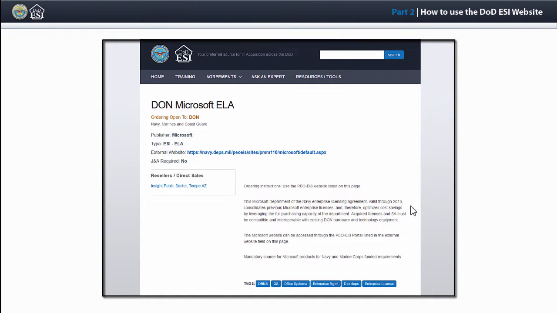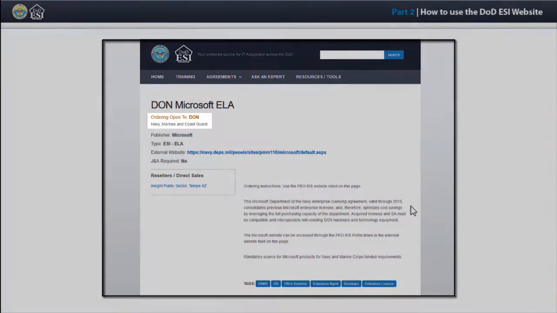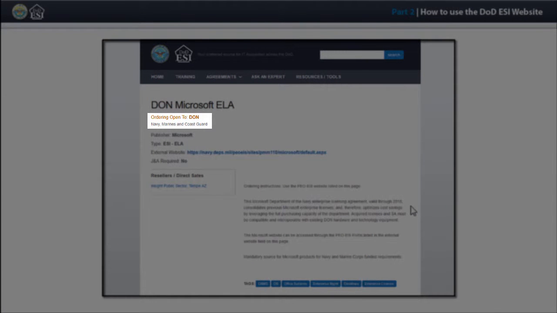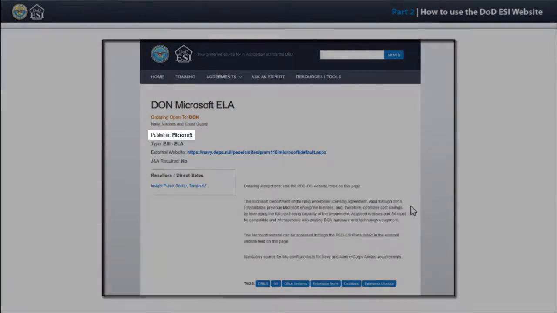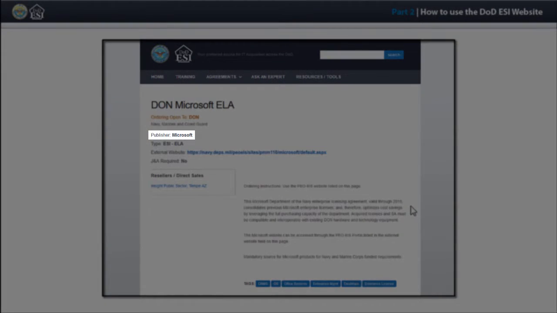This page provides access to key information about this ELA. We will walk through some of the fields that can be typically found on this page. The Ordering Open To field shows the organizations that are authorized to order from this vehicle. The Publisher field displays the name of the publisher. The Type is the type of agreement available for the products needed. The External Website field is a link to an external site for additional information on that ELA and more detailed